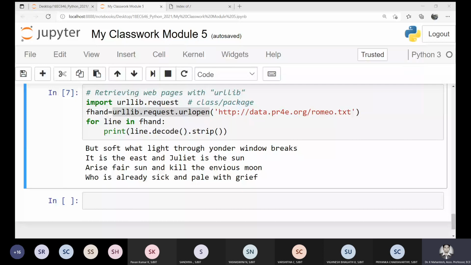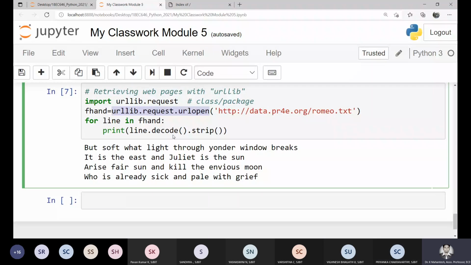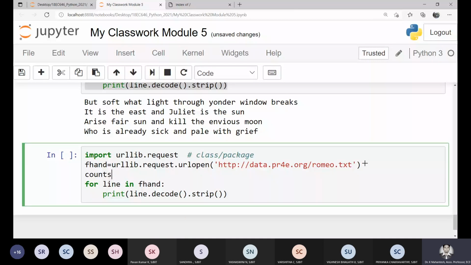Can I try to see how many words are there inside? Can I get the histogram of words here? I can extend this. Let me just copy this program, and I can create a count here. Count, or dictionary, say is equal to a dictionary. How to create an empty dictionary? I say dict, and then since you have read it as a line,